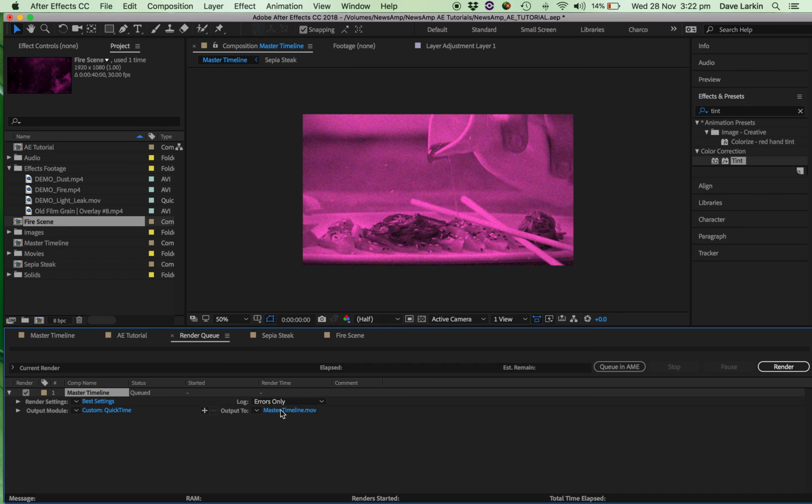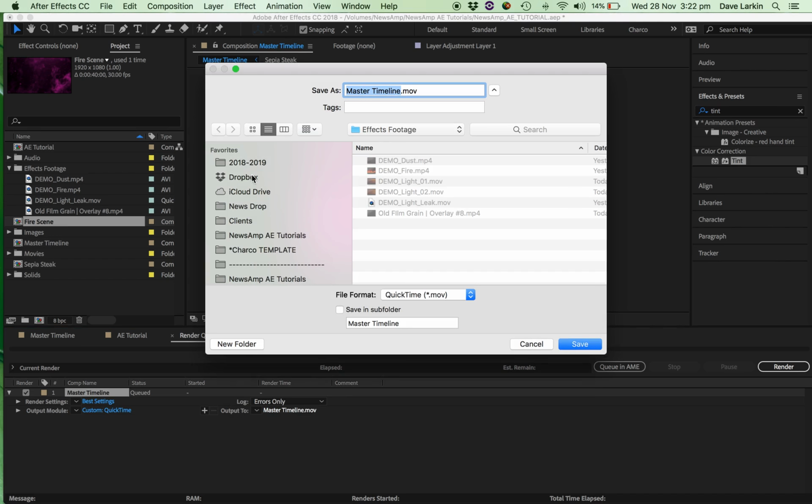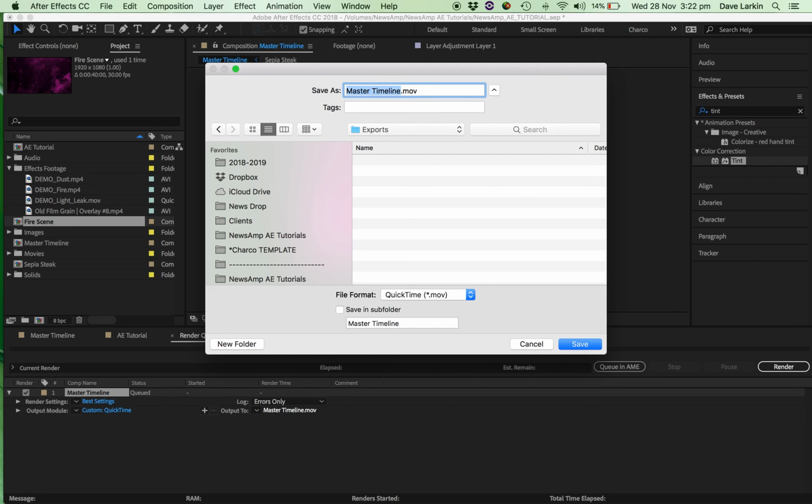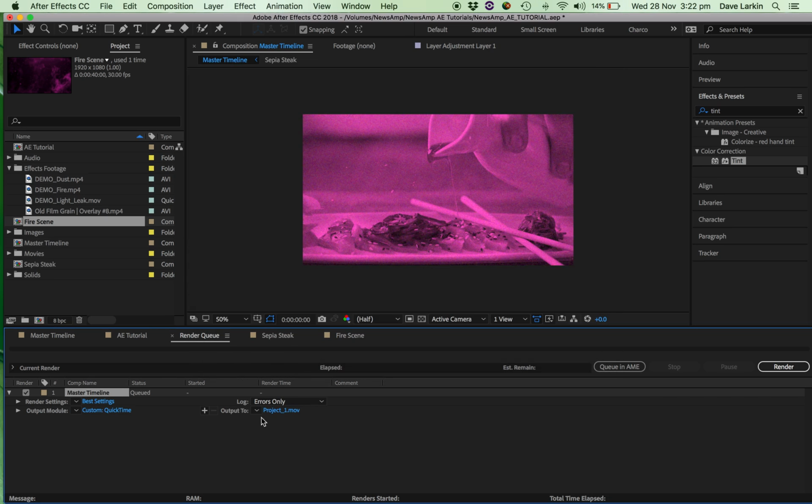And now we just make a destination folder. So we're going to go into tutorial goodies, and let's just make a new folder there called exports, and we'll call it project 1. Okay, so we've told it where we want it to go. We've set our parameters for what kind of file we want it to be. Now we simply hit render,